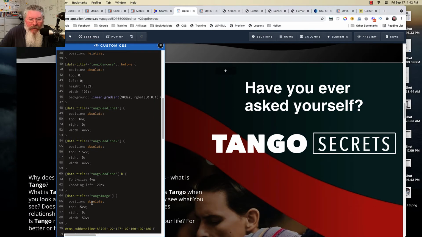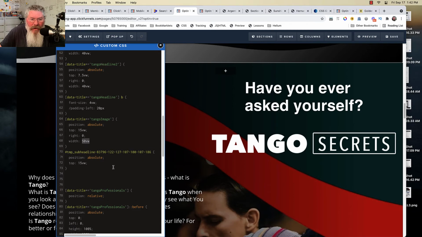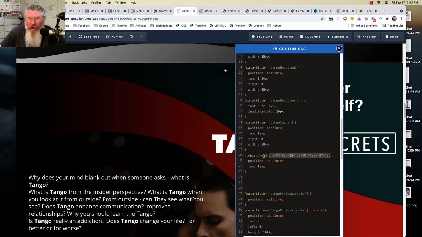And so we did the image down here, same thing, absolute positioning. This time 15% of the viewport width from the top of this section, and gave it a width of 50% of the viewport as well, so it's taking up much more space along the way. And then let me see here, we had one last thing, which is the positioning for the text on the left-hand column. So this whole thing here is just for this text element, one big text element